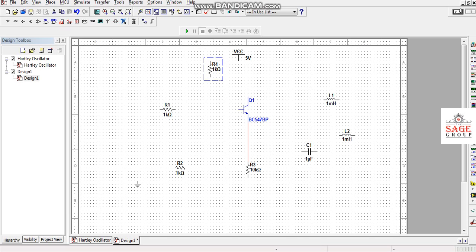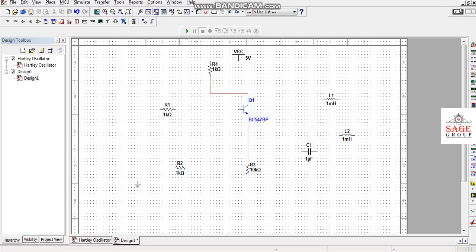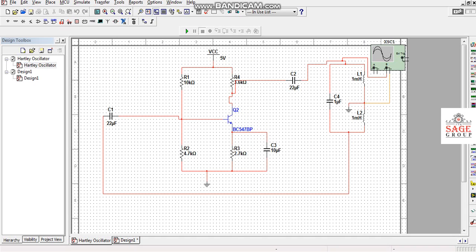The connection is very simple: simply select this node and connect. According to my circuit diagram I will connect these components and change their values also. I have made this circuit in this way, already prepared. So in this way we can design our circuit.